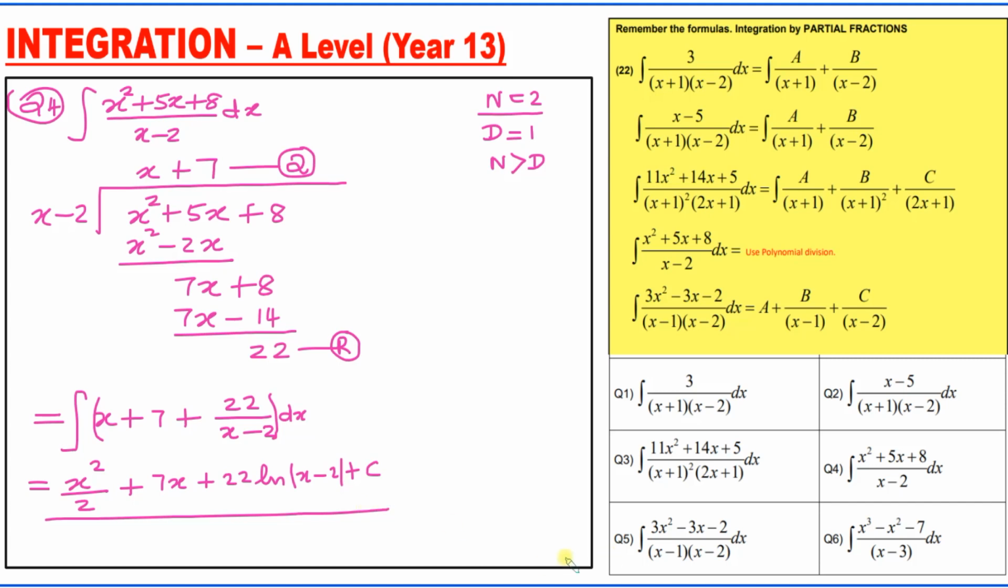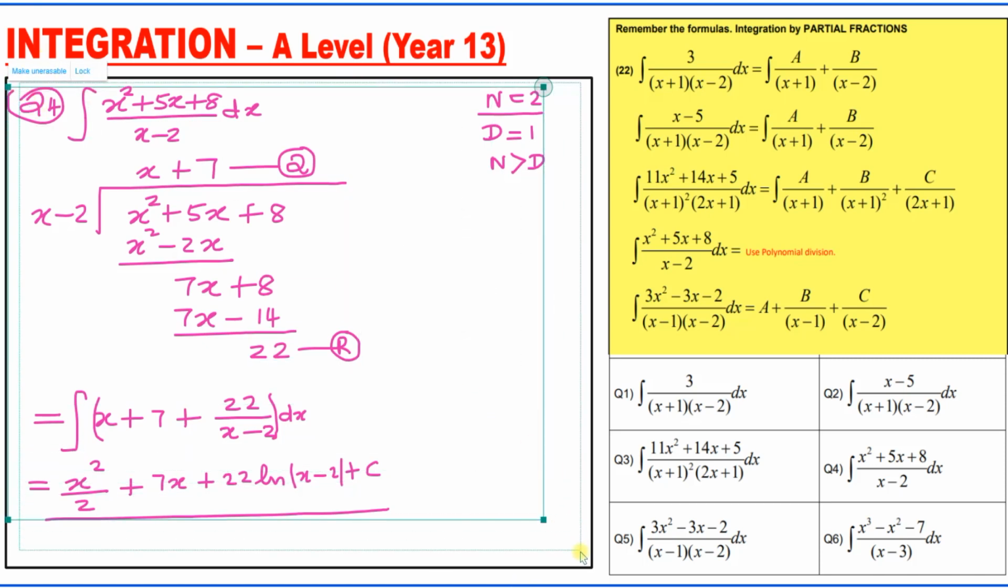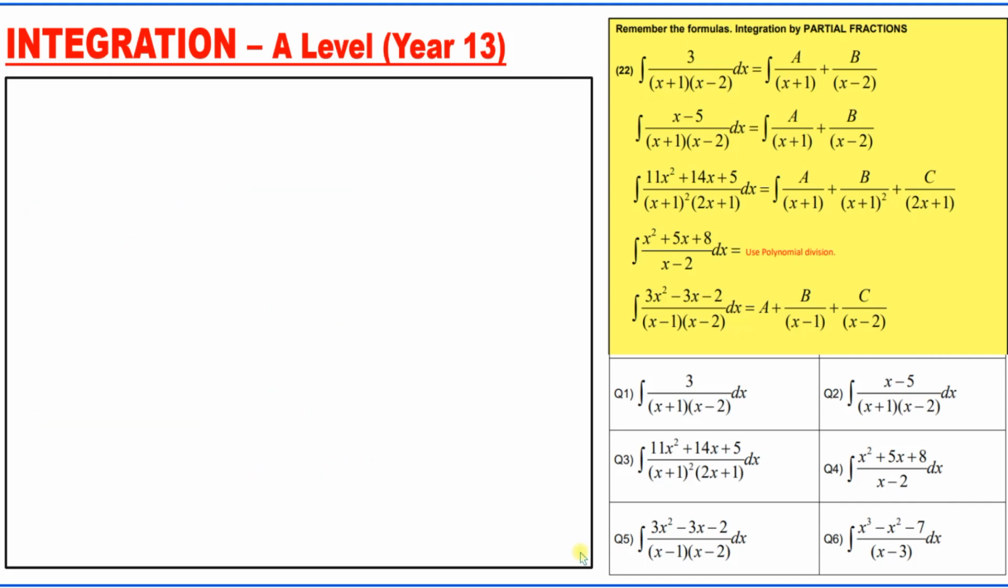So we do another question, number 5, please. In question number 5, we have the same condition again. I'm going to help you show the working out for question number 5. You can see we are integrating 3x squared minus 3x minus 2 divided by (x minus 1)(x minus 2)